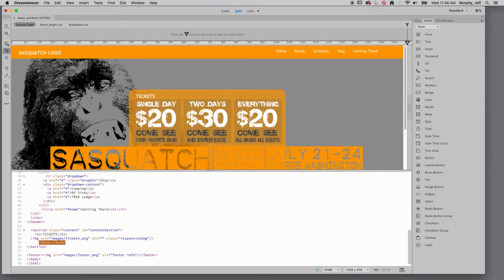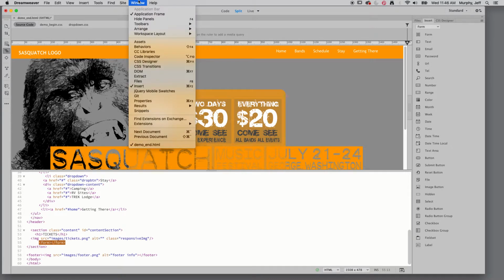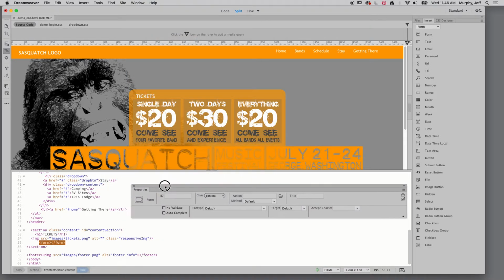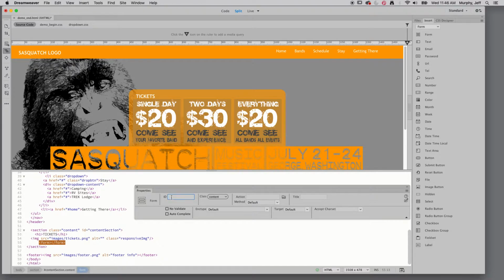Now, super handy for all your form work is this little properties inspector, properties window. I'm going to call it something very specific because oftentimes you'll have several forms on a complicated website. So I'm going to call it ticket form. Notice it'll fill in the ID as we work. And for the action,